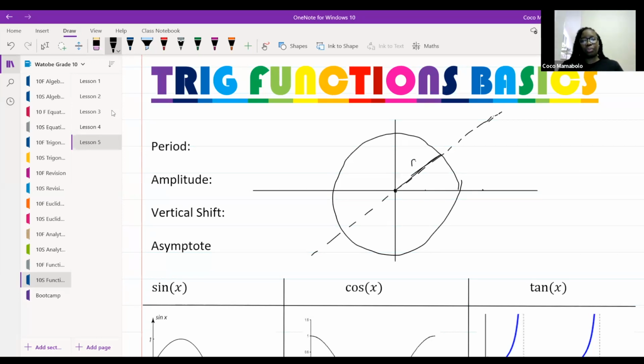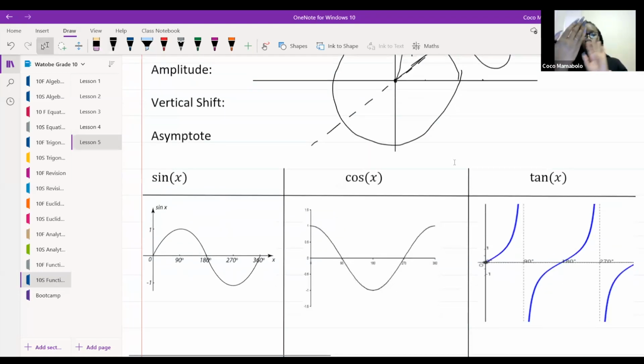But now I want you to not think of the circle itself. I want you to think of this almost like a cylinder, and whatever values I'm getting are actually being drawn here. When we're looking at the circle, we're looking at the front face. But when we look at the graphs of sine, cos, and tan, we're looking at the side of our graph.